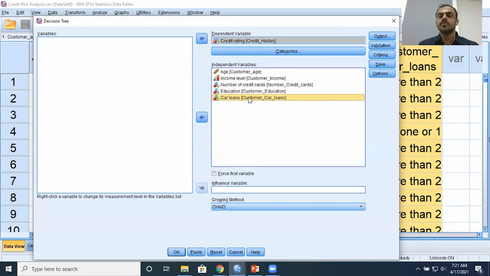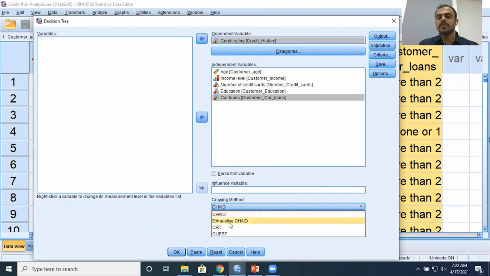So decision tree has this beautiful property wherein you can take mixed data type, and even when it comes to the dependent variable, it can handle mixed data type. A big advantage as far as decision tree is concerned. The algorithm that is used at the back end is what is called the CHAID algorithm, CHAID, right? If you just click on the drop down menu, you have other algorithms as well, like CART, Quest, exhaustive CHAID, right? Exhaustive CHAID, CART, Quest. I'm not going to be talking about these 3 algorithms in today's presentation. I'll just be sticking to CHAID.